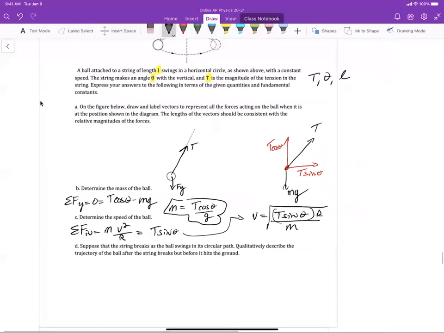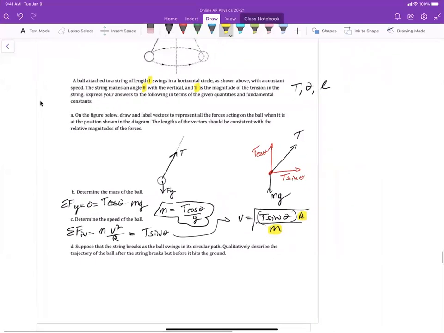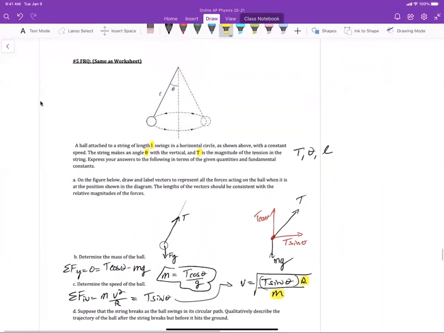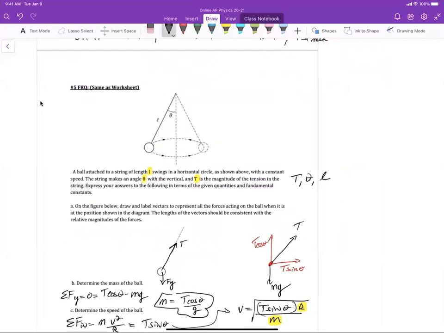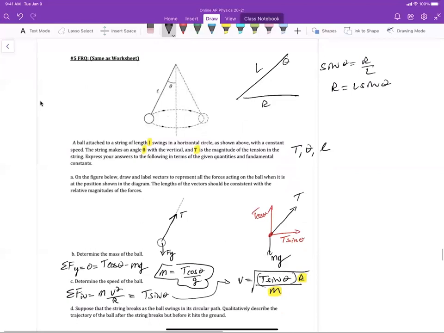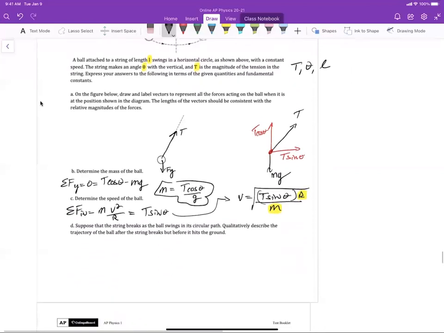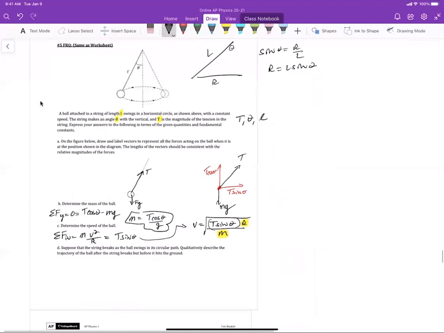Now, the terms that are not allowed are mass and radius, okay? So we have mass in terms of things that are allowed, but we got to find radius. So what is the radius? Well, we know this is L, this is R, and we have theta. And so sine of theta equals R over L. So R equals L sine theta. So I can plug those in and I get